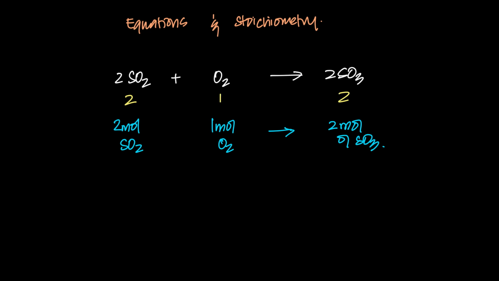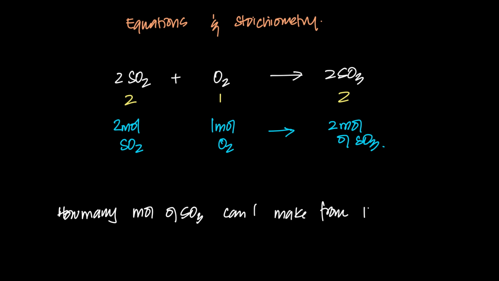And why is this important? Because tomorrow I say, hey, I've got 10 moles of SO2. So I might ask, how many moles of SO3 can I make from 10 moles of SO2? Because an equation is an actual ratio, so if 2 moles of SO2, because basically what you're saying is, let's make it more